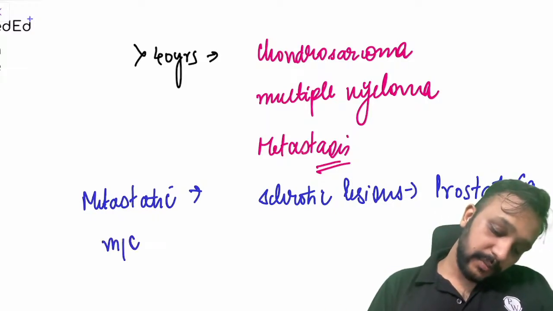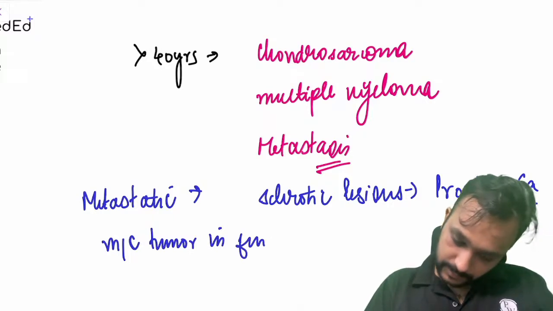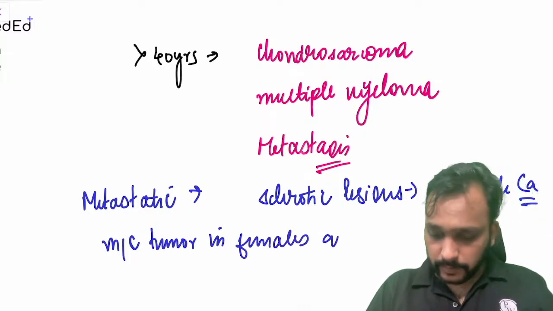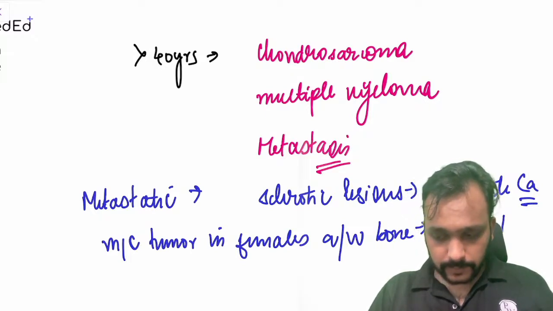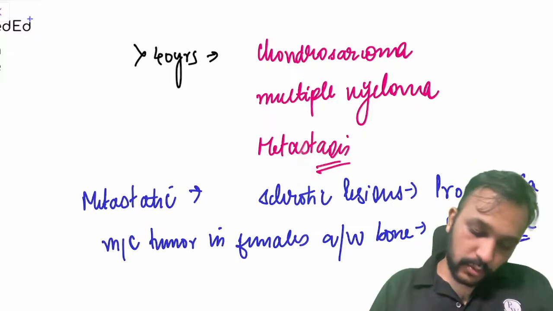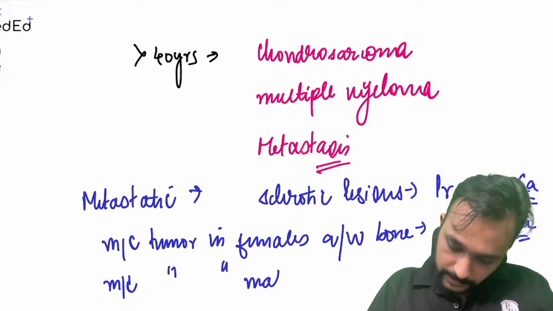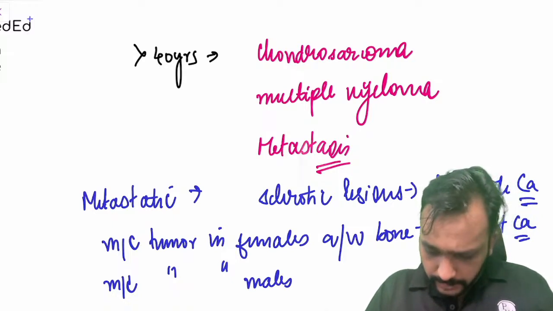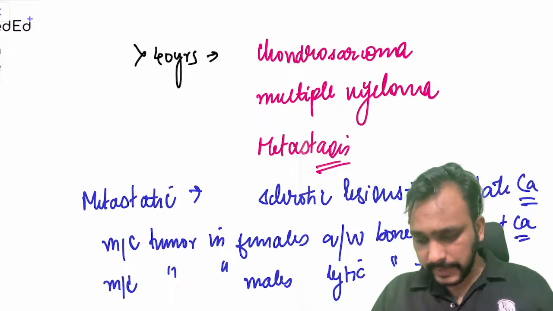Most common tumor in females associated with bone mets will be your breast carcinoma. Most common tumor in males associated with lytic bone mets will be your lung carcinoma,